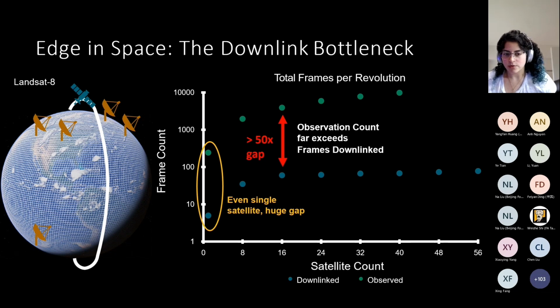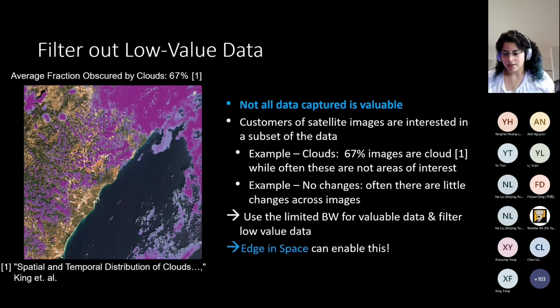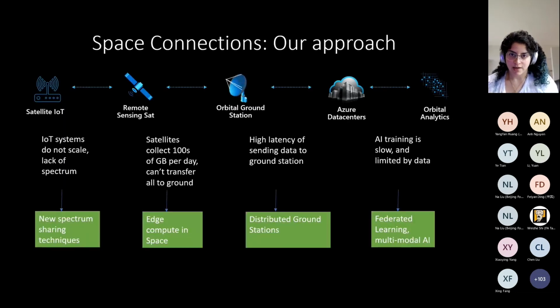And this gap just gets worse and worse as you go into bigger constellations, which is a current trend because of the need of getting more frequent images. So if you want daily images, even, you need constellations of at least 50 or 60 satellites. So what we have been looking at is how can we mitigate this downlink bottleneck? And it seems like the most intuitive choice would be, how about we don't send all of the data? So can we be more selective about what can be sent? And can we filter out the data that is not of high value right at